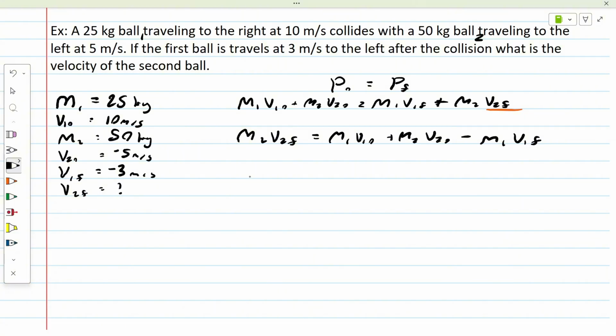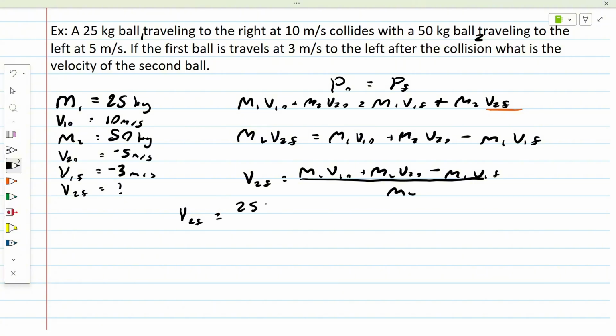Okay, and now all we have to do is divide by the mass, and we can get this equation with V2 final on its own. All of this over M2. Okay, so now we can just plug in our values and get this velocity too. So M1, which is 25, V1, which is 10, plus M2, which is 50, V2 initial, which is -5, because the direction does matter here, M1, which is 25, and V1 final, which is -3,